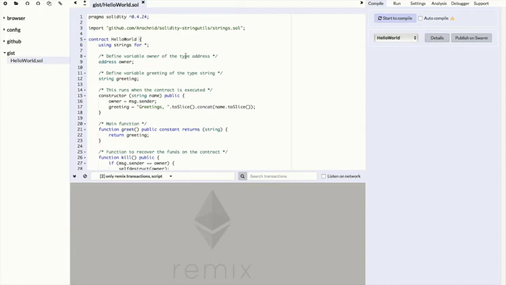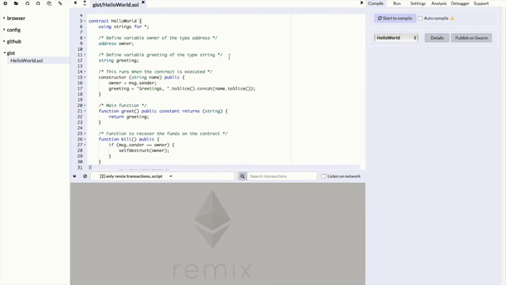Once you are in Remix, you can see there are three main areas: the code editor, the output terminal, and the command palette. The code editor is pre-populated with the code base. Every Solidity program has to have a contract. Here you can see the contract name is Hello World.